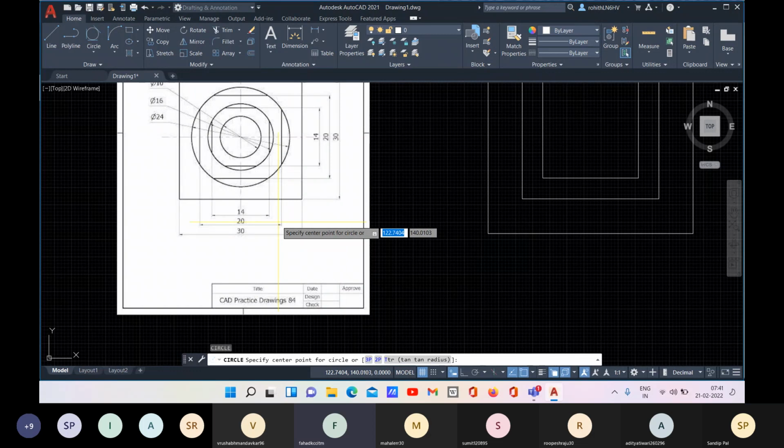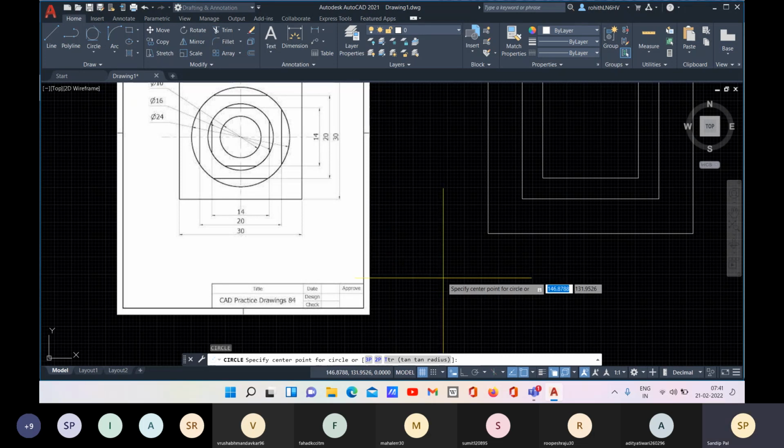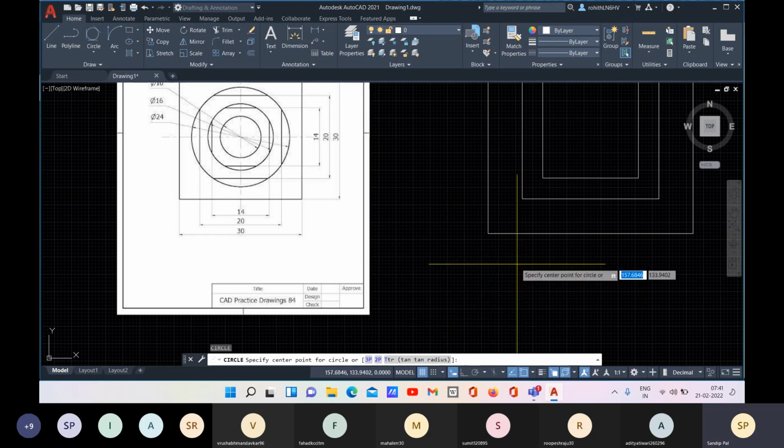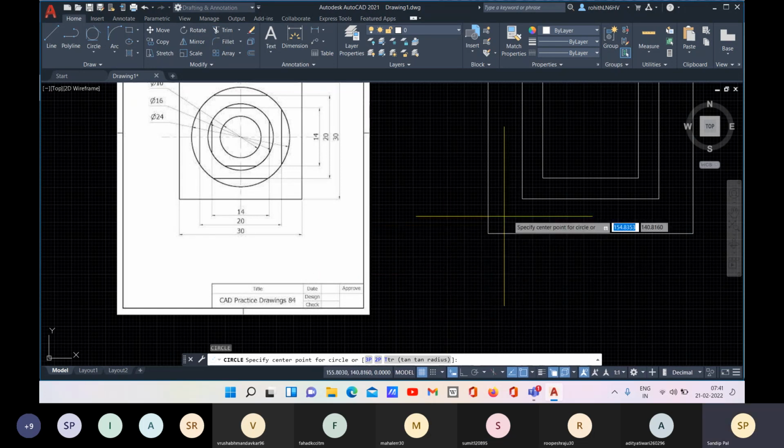Yes, sir. So now you understand that the distance from the outer rectangle or square to the inner rectangle or square, the distance from each edge of these two rectangles, the distances are 5. So that will be the offset value. Are you clear? Who asked me the question? Are you clear? Yes, sir. Okay.